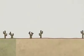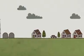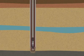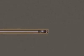A fracking site can be anywhere with natural gas, from a remote desert to several hundred feet from your backyard. It starts out with a long vertical hole, known as a well bore, drilled down through layers of sediment. When the well reaches 2,500 to 3,000 meters, it's at its kickoff point, where it can begin the process of horizontal drilling. It turns 90 degrees and extends horizontally for about 1.5 kilometers through a compressed black layer called the